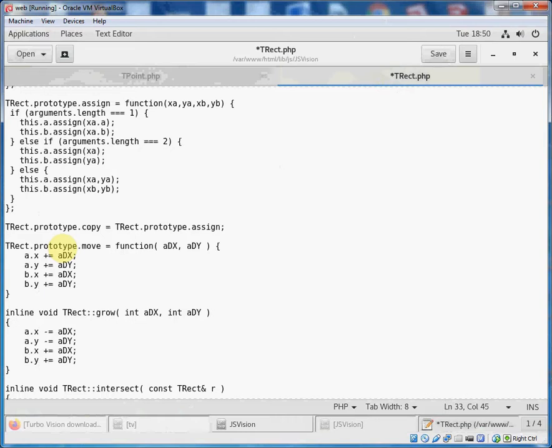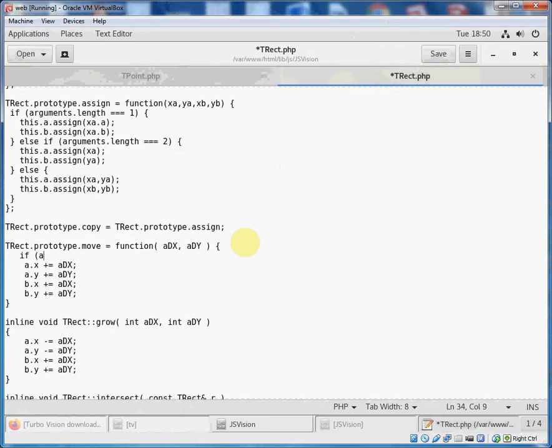And I'm actually going to do the same thing for this. I'm going to assume that you could either pass both values, the x and y coordinates, or if you pass 1 value, it's going to be of type T point, which has the x and y coordinate. I'm going to make this function a little bit flexible also. So the way I'm going to do it is I'm going to reuse this code down here. I'm just going to add a little bit of code on the top to add the flexibility of having 2 different types of arguments, either the x and y coordinates or another point. I'm going to do this